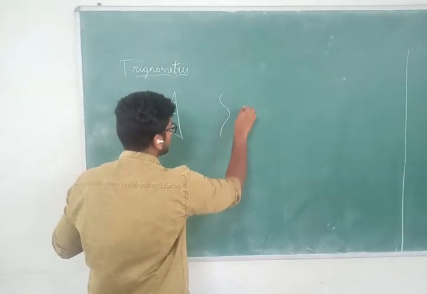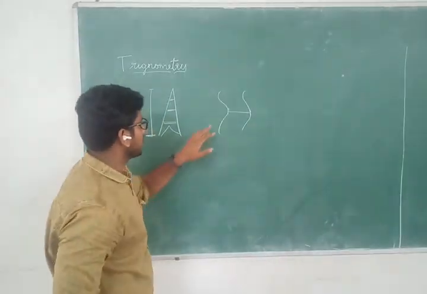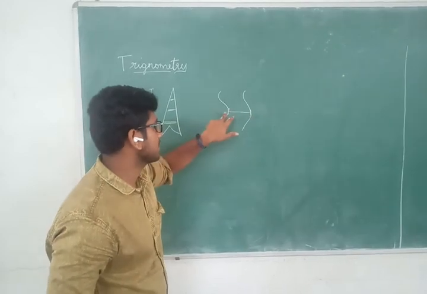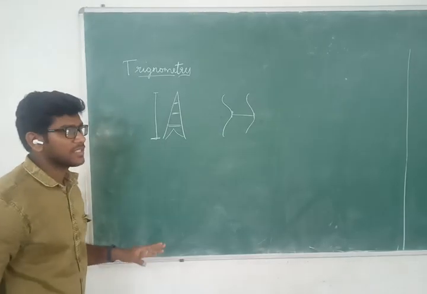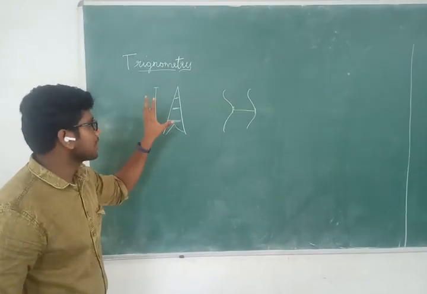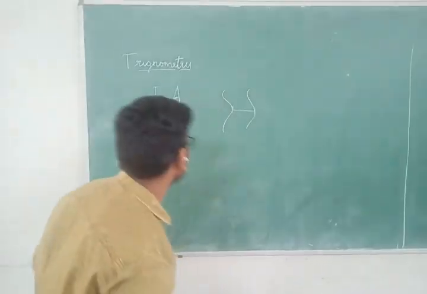And if you try to find the width of this river, you have to go to that side and calculate this using the rope or tape. But using trigonometry, you can find these values without going to the opposite position. So this is a use of trigonometry.